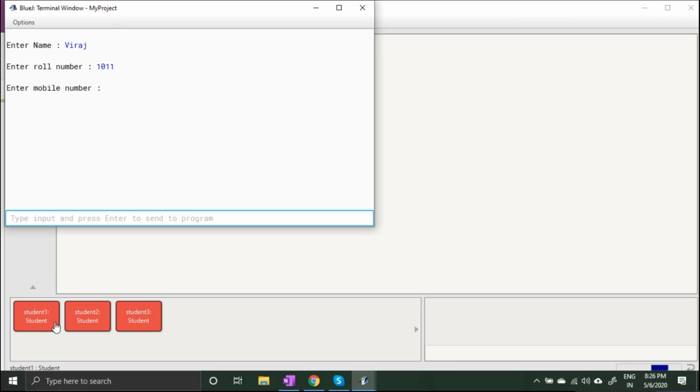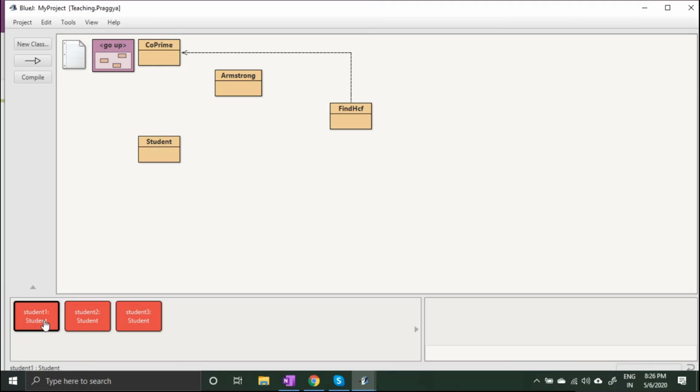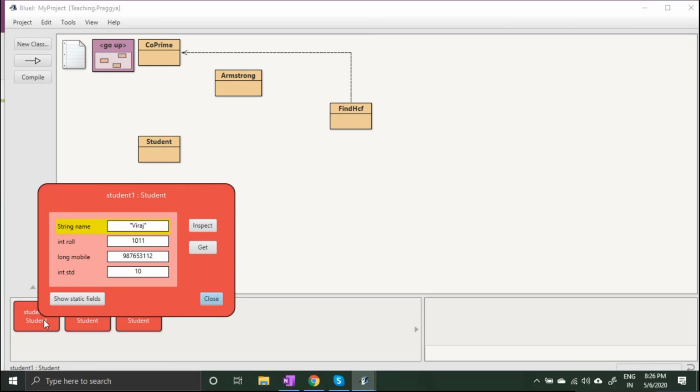Then it is asking for the mobile number, and now it is asking for the standard. Say I've written here 10. So now you can see that this object is containing the same information which I have entered.